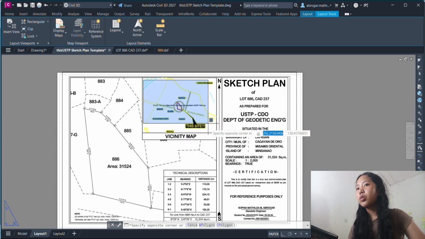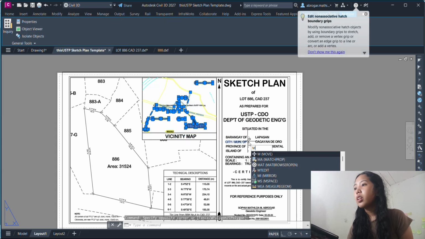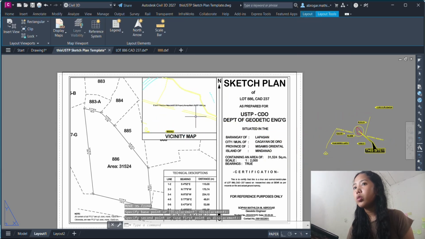then Google satellite map image, then select map 2.